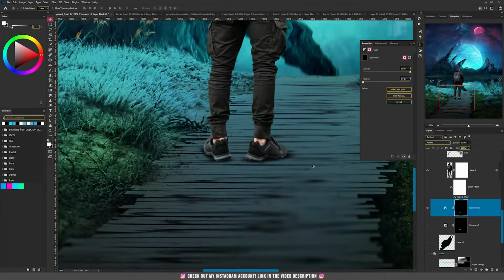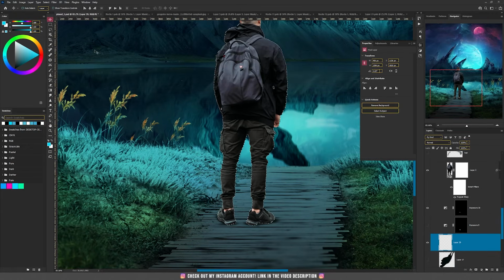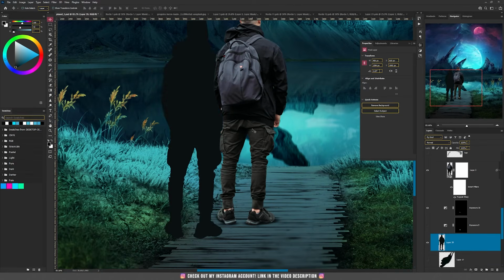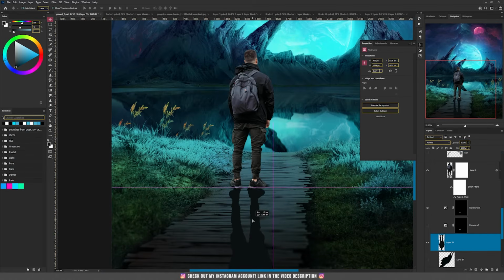And then what I did next was adding the bigger shadow, which in our case was creating a new layer, and hold Ctrl and click on the layer with the man. Take the brush tool and the soft light, hold Alt and pick a color from the background which is dark, and then you'll see that this color is here on the color swatches. Hold Alt and press backspace, and it will add that color to your layer. Alright, and then press Ctrl T and right click and flip vertically, and drag this shadow underneath his legs,